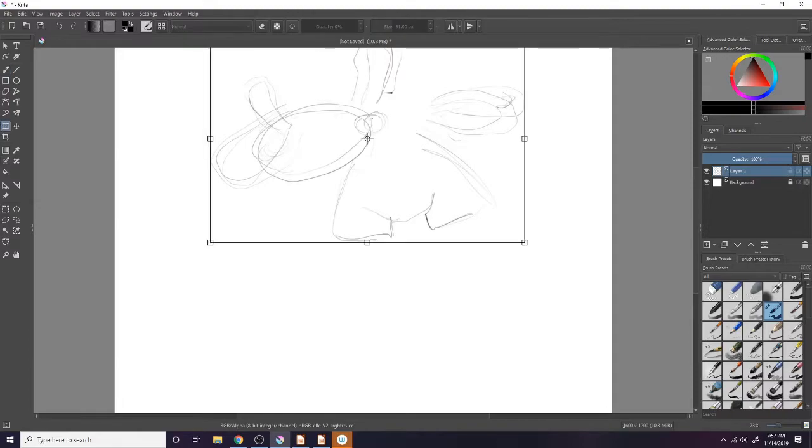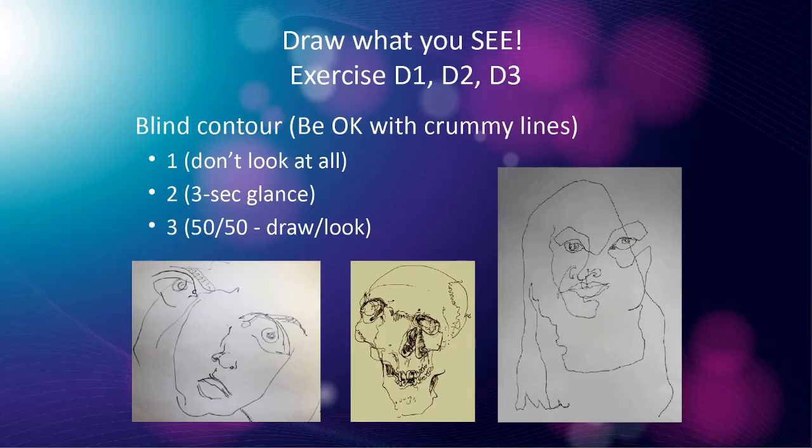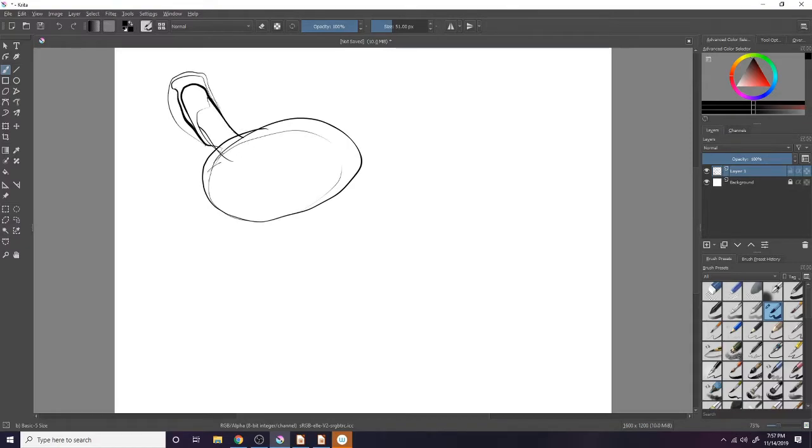Let's delete that and go to our next thing, where we're going to do a 3-second glance, right? You draw for 3 seconds, and then you glance at where your pencil is, and you fix it. Like, oh, I'm trying to draw the eye, and I'm way out here. I need to move back to the correct area. Okay? I'm going to draw this circle for the head, and then I'm going to start drawing the ear, and oh, I got to fix it. Oh, okay, now I'm back looking at my thing.